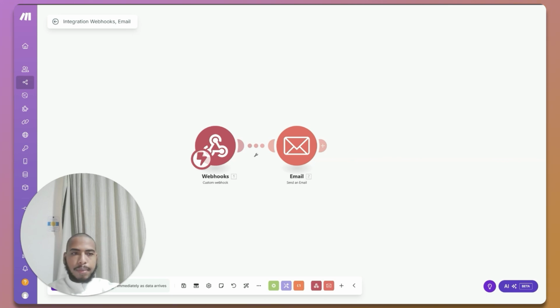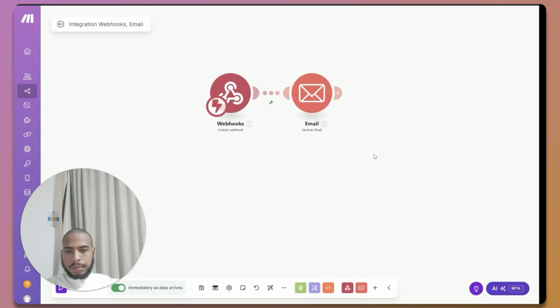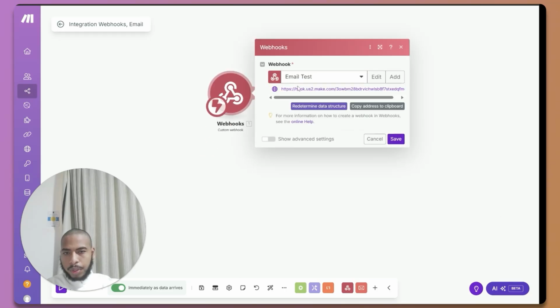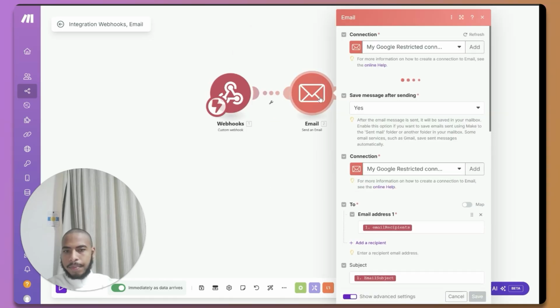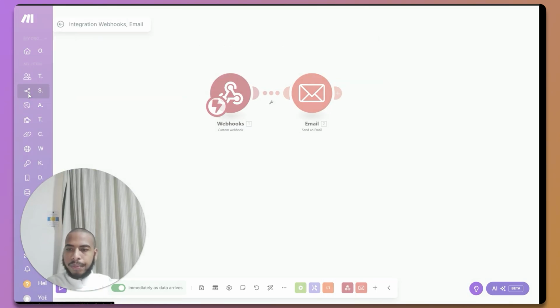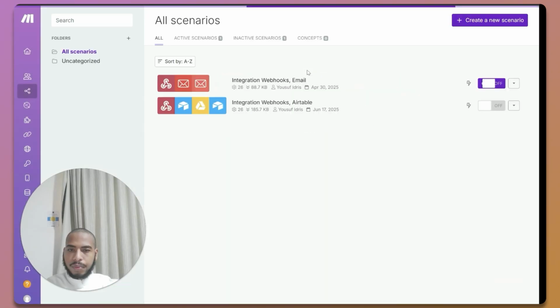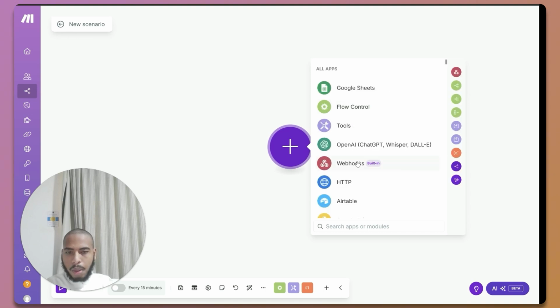Now, what you need to configure from the make side is quite intuitive. I'll just go ahead and show that to you. So you can see, the first thing I did over here was just set up a webhook, which you would just choose a webhook option. And after that, I just added the send an email action right after. And let's go ahead and set this up together, actually. So I'll go ahead and create a new scenario. And then I'll set up a webhook option,